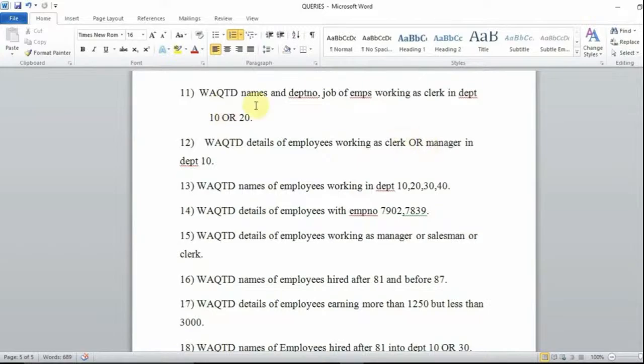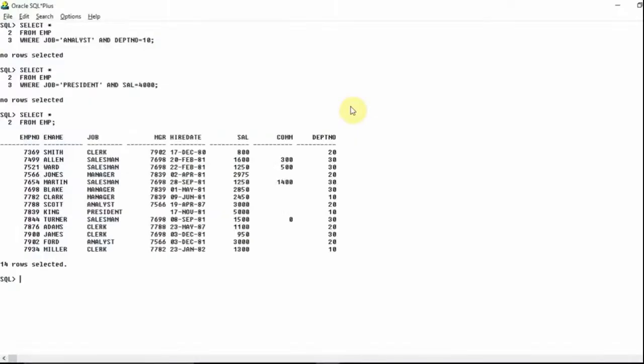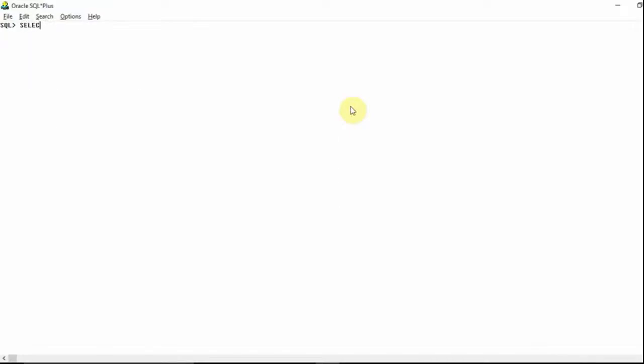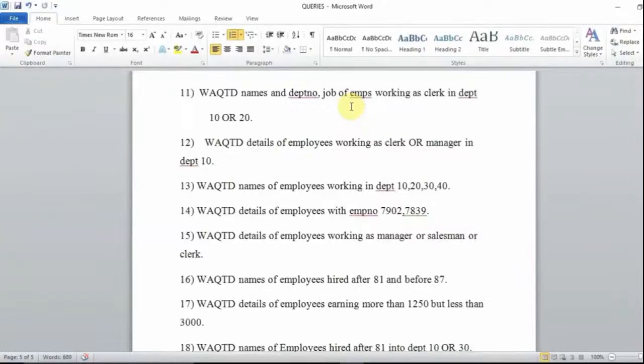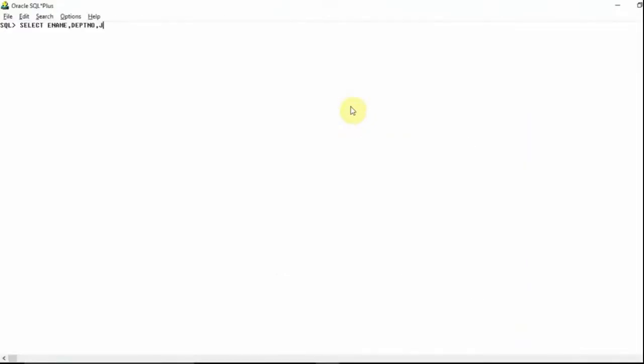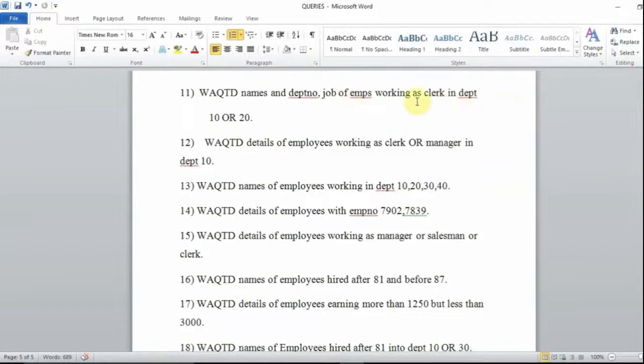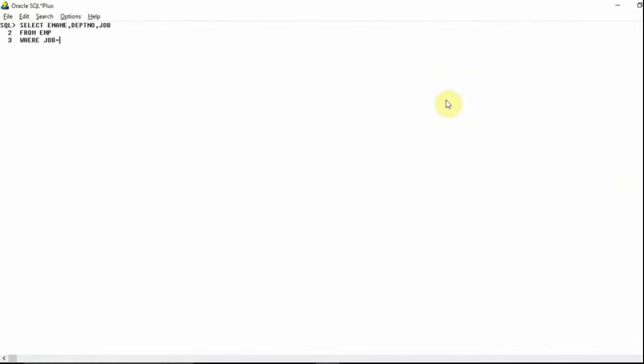See here, guys, I want to display employee name, department number and job. So first I will write clear screen and select employee name, e-name. After that department number, DEPT number. After that I want to display job, so I will give it as job, from EMP. And there is a where condition which says working as clerk in department number 10 or 20. So job should be equal to clerk,